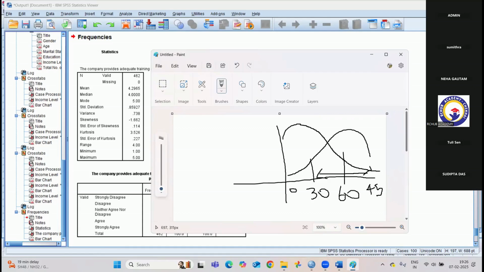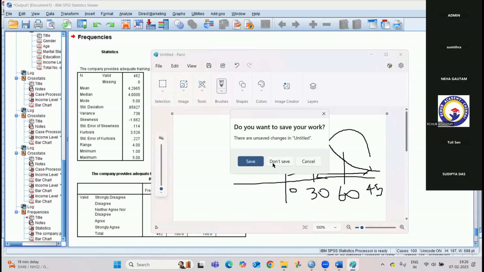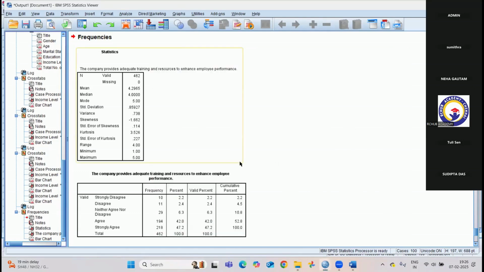So this will be the distribution. The majority of the curve will be here. So this is what is called skewness. Okay. Now I hope you have understood the concept. So now we can perform descriptive statistics for the Likert scale. But these descriptive statistics, that is mean, median, mode, are very sensible, very, very logical for secondary data